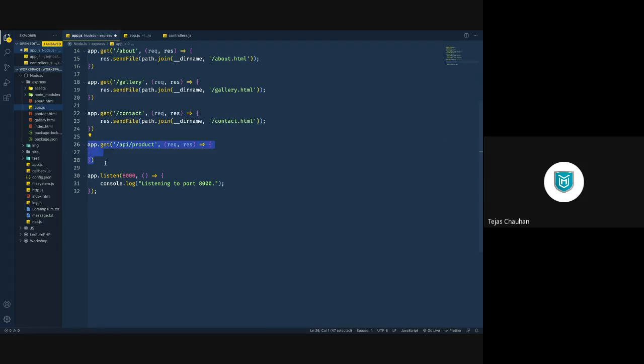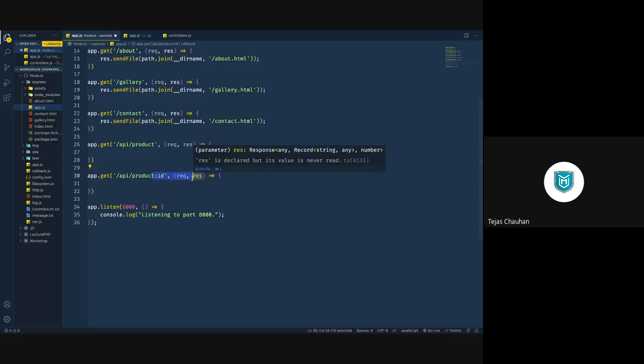Now you may have, let's say, product with some ID. Now parameters we will see in a next lecture, how you can handle those parameters, but I'll explain that thing. But when you have some ID on the same URL, then you are not accessing entire product list, but you are accessing the detail of a particular product.